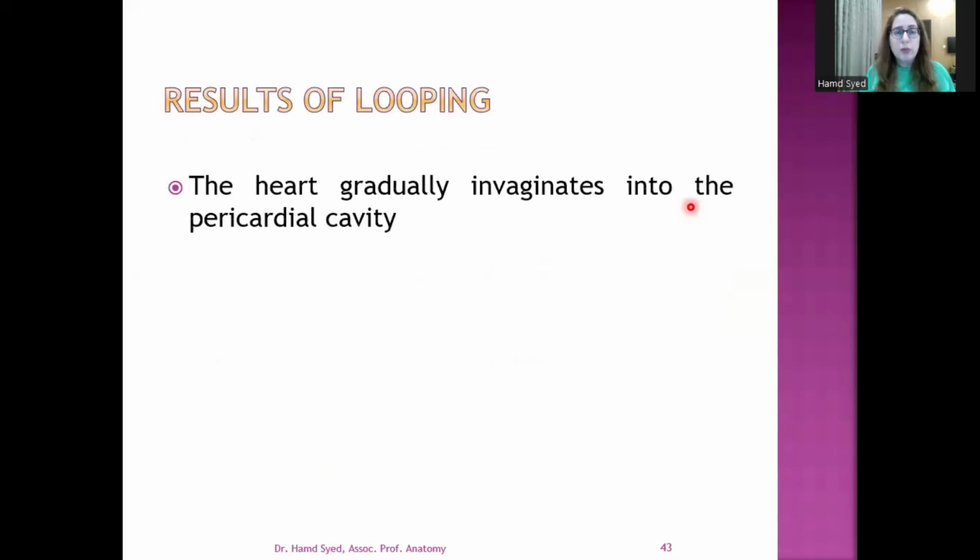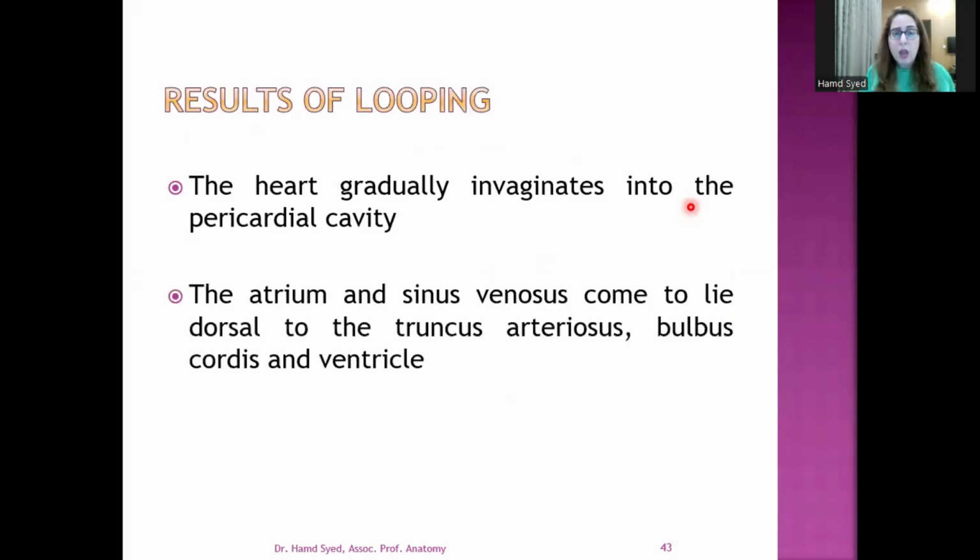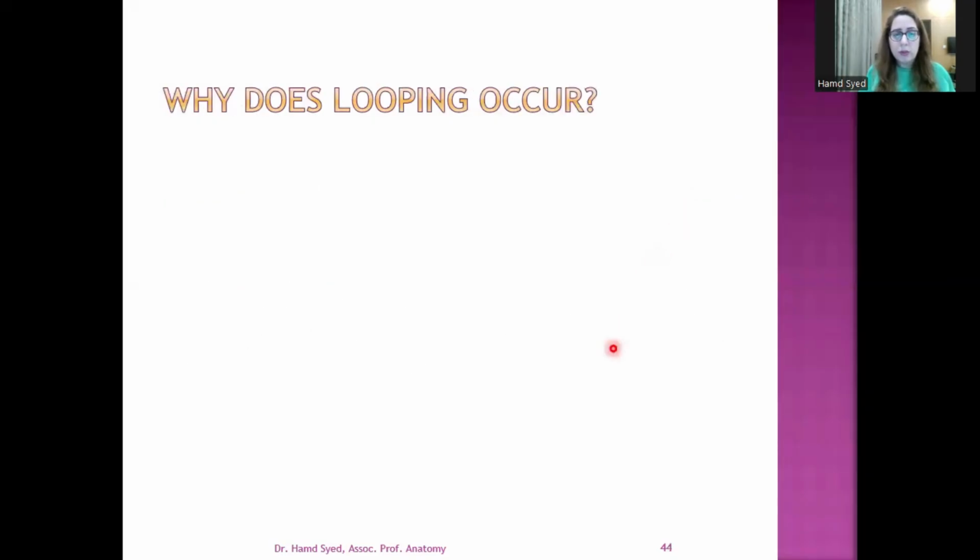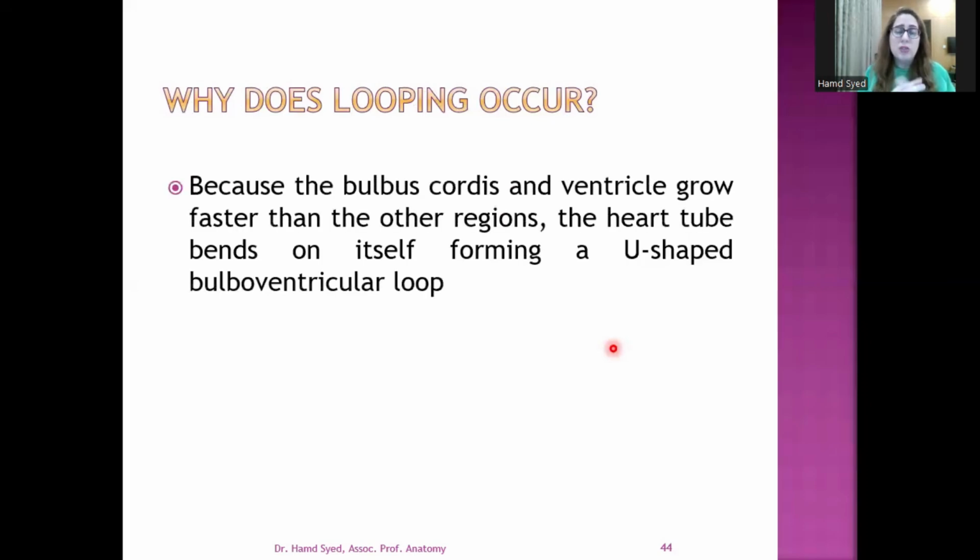So the result of looping is that, as I said, the heart invaginates into the pericardial cavity. The atrium and sinus venosus come to lie dorsal to the truncus arteriosus, bulbus, and ventricle. Why does looping occur? This phenomenon occurs because of disproportionate growth in the different parts of the heart tube. Because the bulbus cordis and ventricle grow faster than other regions, the heart tube will bend on itself, forming a